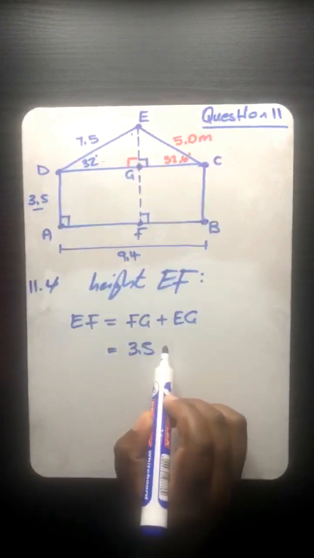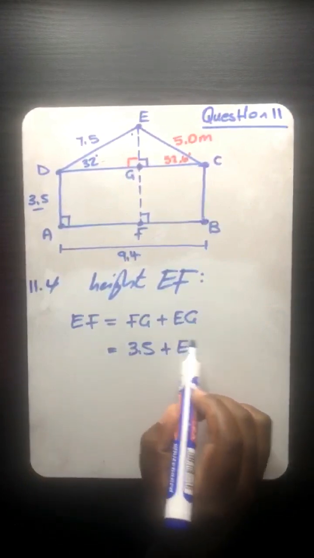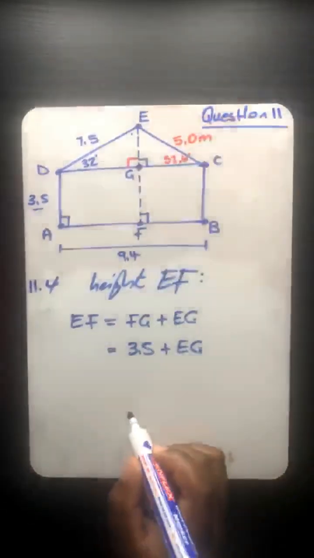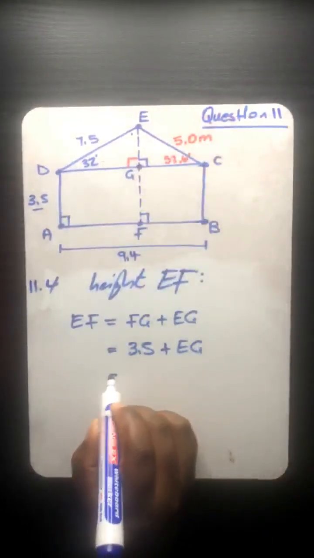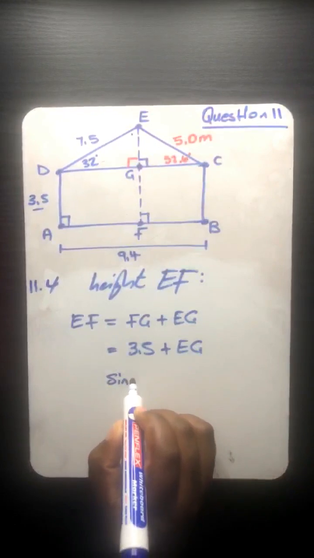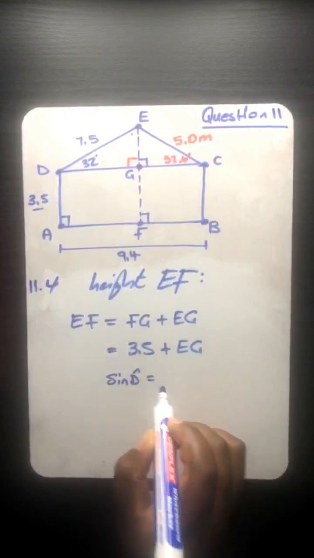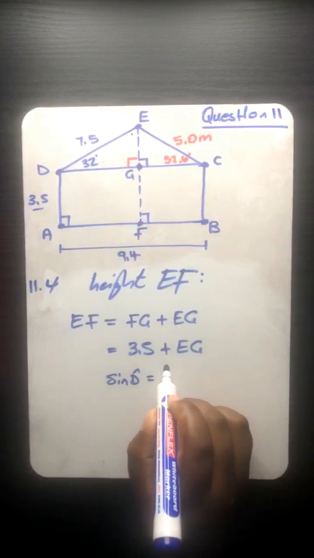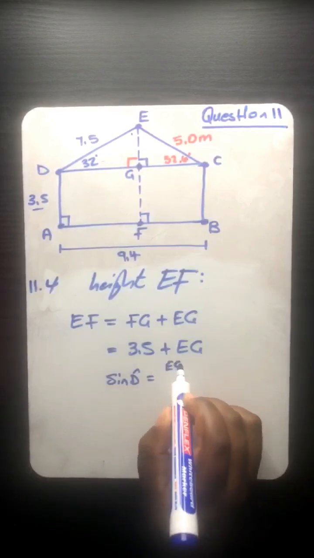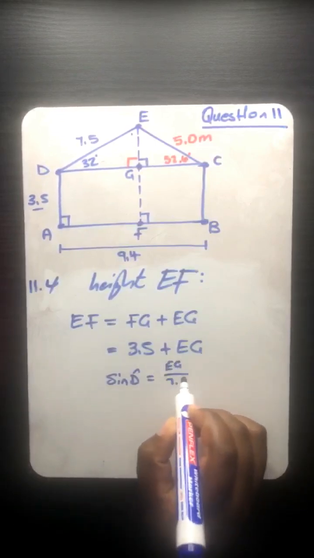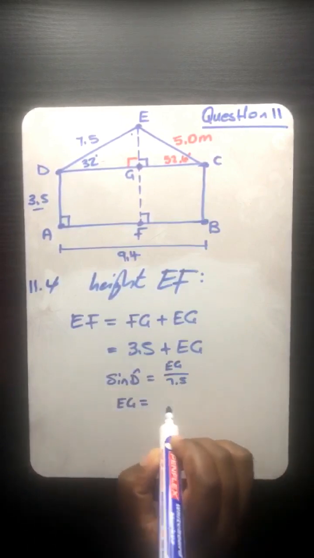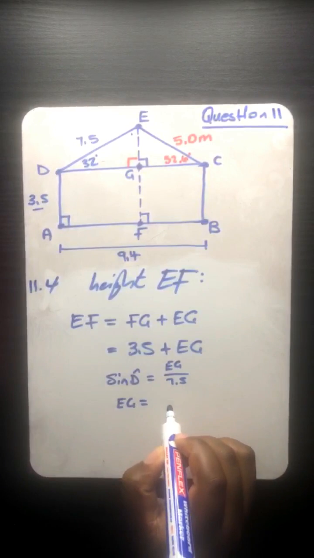Then you will need to add EG. And to calculate EG, sir, that's where you can use the Sine Rule. EG over 7.5, you cross multiply, and then EG ends up being